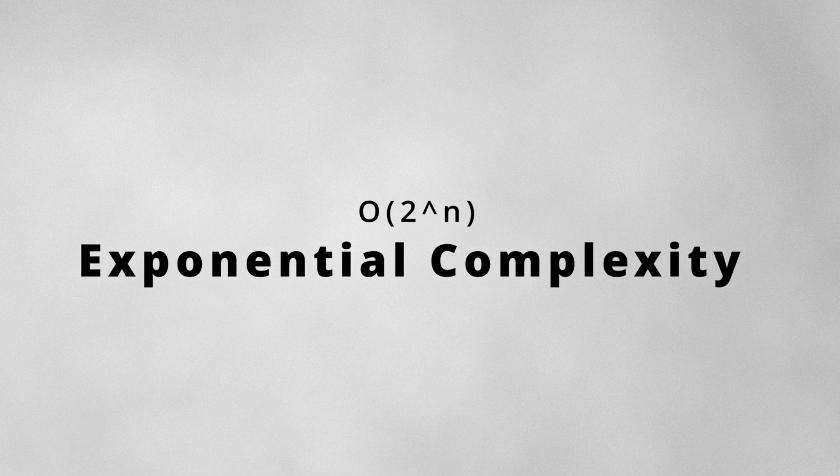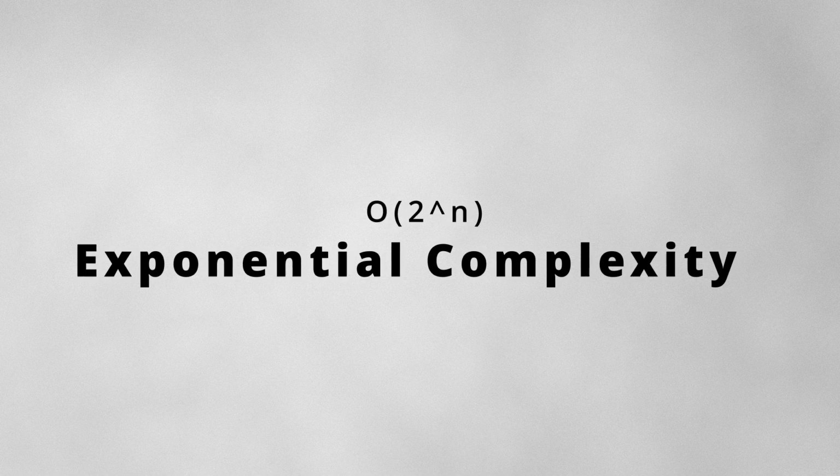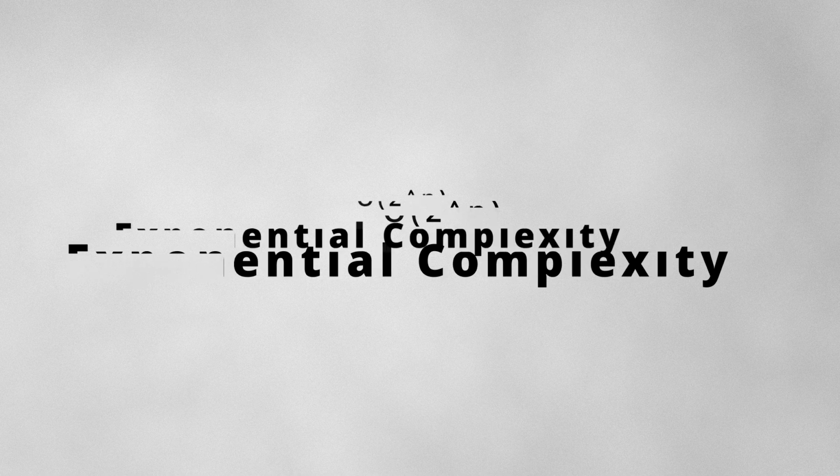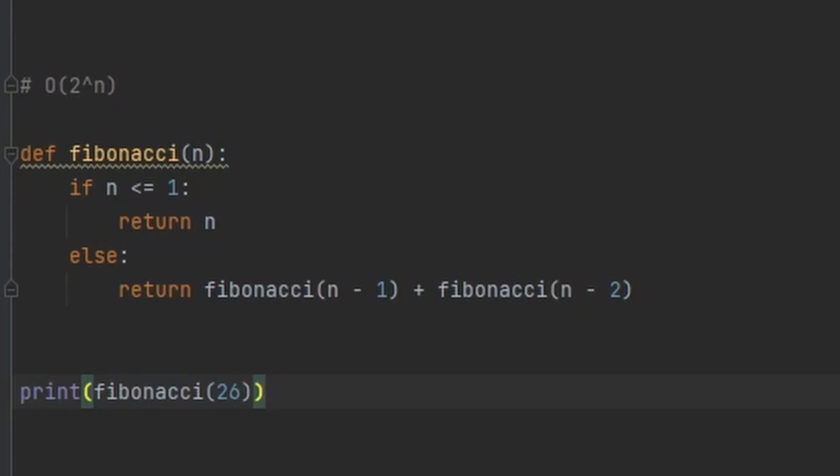Exponential time. This complexity arises when an algorithm's runtime or resource usage grows exponentially with the input size. An example of O of 2 to the n is the recursive function that calculates the Fibonacci sequence. The Fibonacci function recursively calls itself multiple times, with the number of recursive calls growing exponentially as n increases. This results in an exponential time complexity of O of 2 to the n,